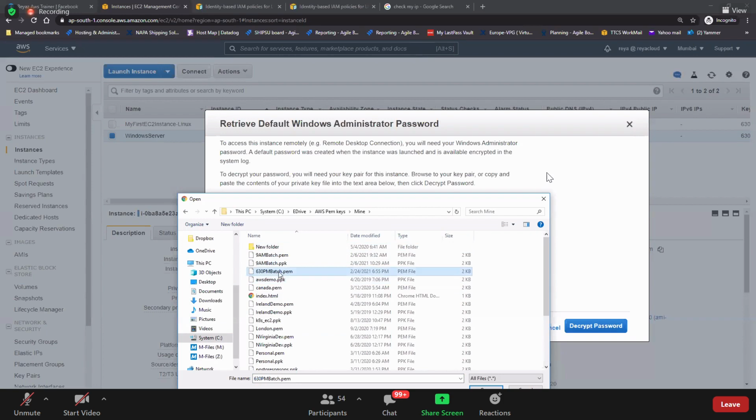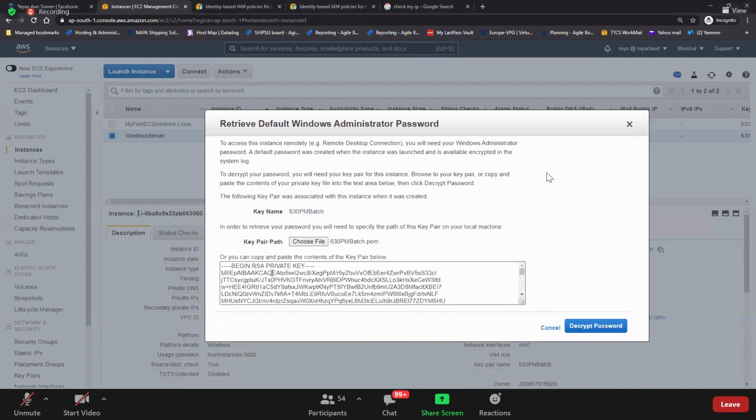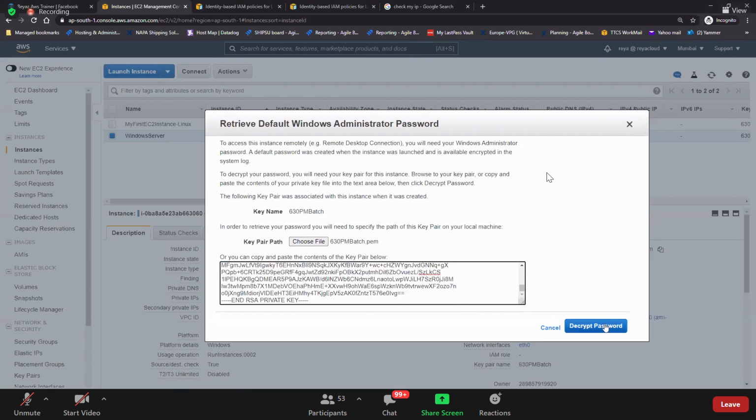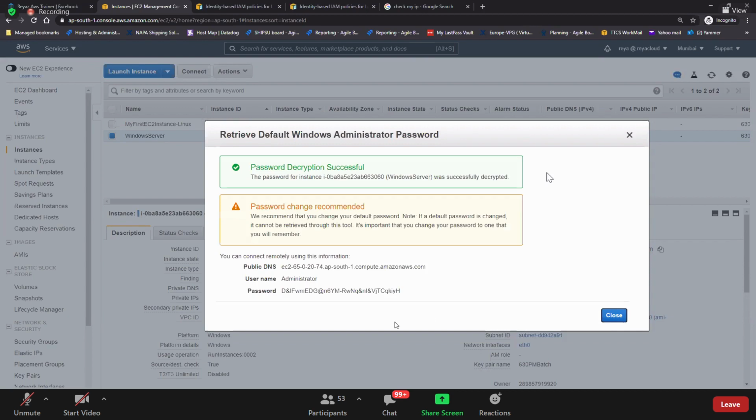Select. That PEM file is nothing but the private key that you have. And then click on decrypt. Do you see that big password here? So this is your instance password.